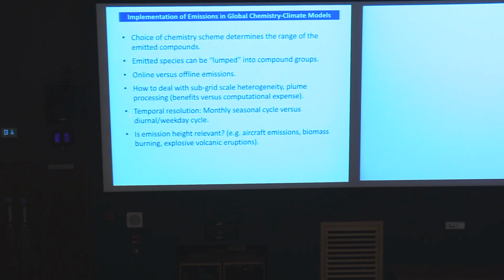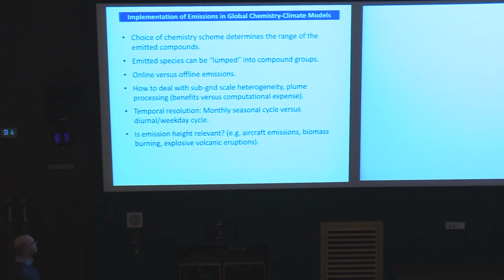Another question you need to think about is the temporal resolution. So emissions on a global scale are typically provided either annually or in monthly fluxes, and your model has the ability to interpolate between these fluxes, either by putting a spline interpolation through this or linearly interpolating between the monthly fluxes. Or sometimes some models don't do this. They just change the flux rate at the end of the month without doing anything about it. Is this sufficient? Or does your research question require that you look at specifically higher frequency updates of the emissions,